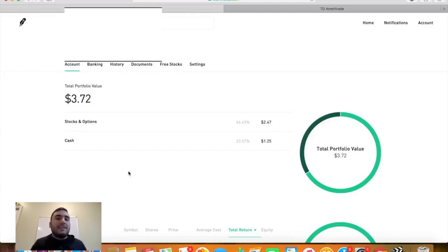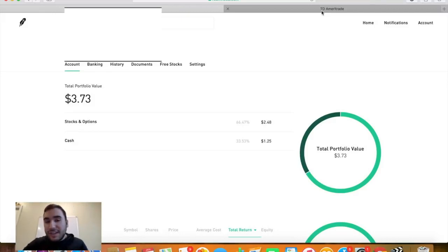Because think about it, guys, if you're trading with a different platform like TD Ameritrade, which we're going to be talking about next, well, you're going to have to be paying around $7 per trade, and if you have only $500, that's going to eat into pretty much all of your profits, right? If you're trading with $500, you buy and sell a stock, that's going to be $14, and you're going to be down to about, what's that, like $486,